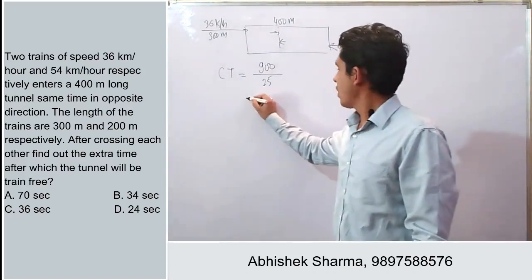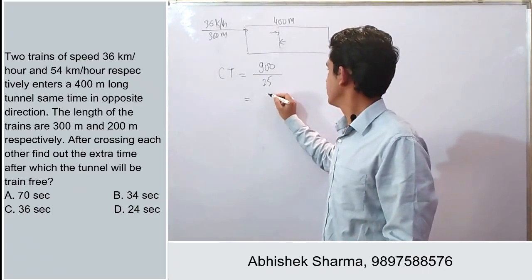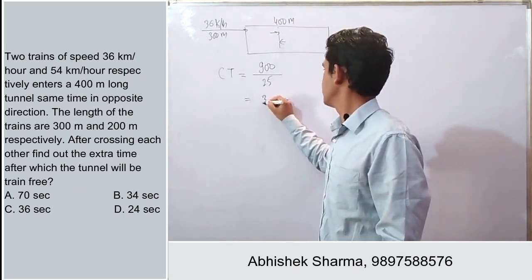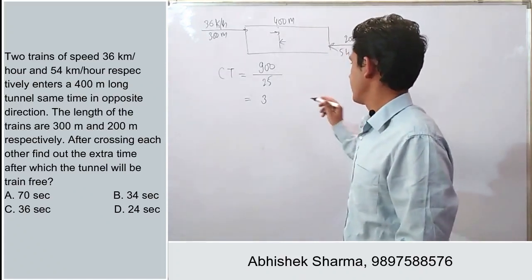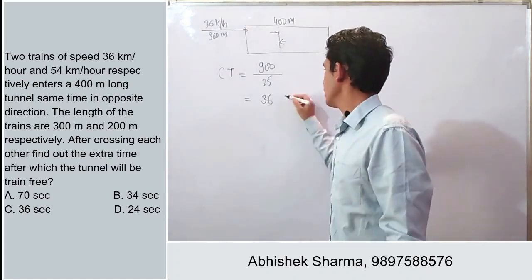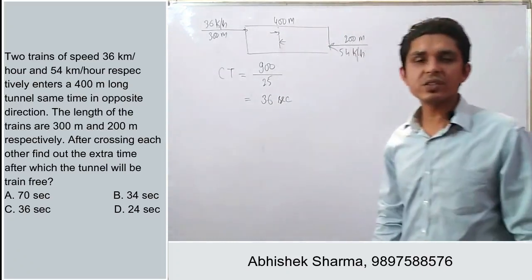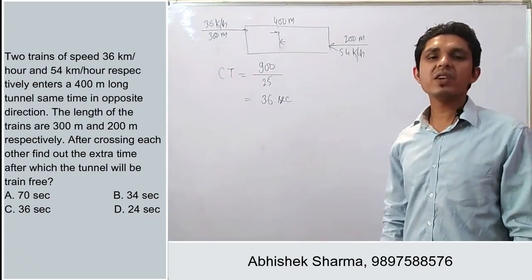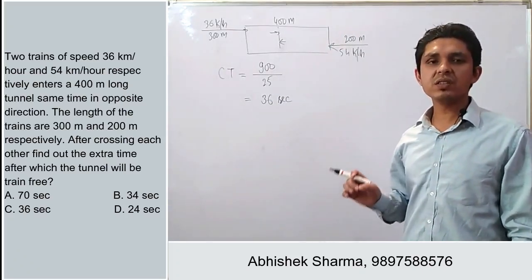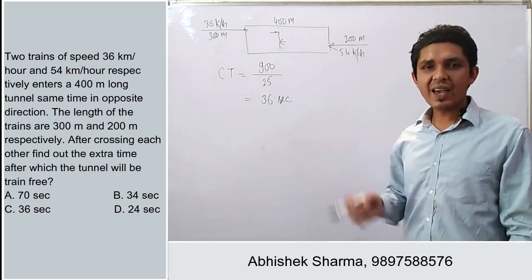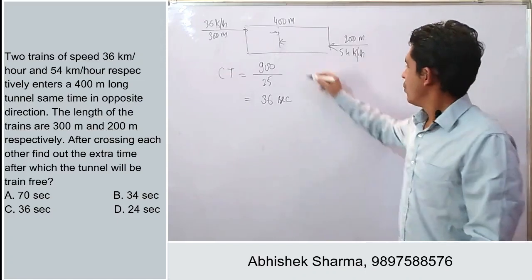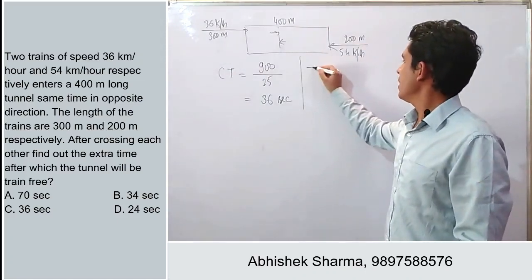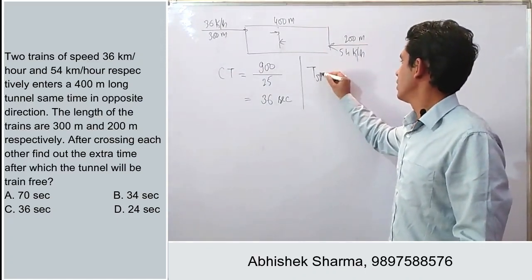Okay, so when solving this, the crossing time will be 36 seconds. But we have to find out the extra time after which the tunnel will be train free. So find out the time taken by the slower train